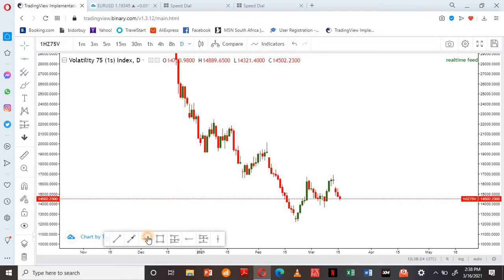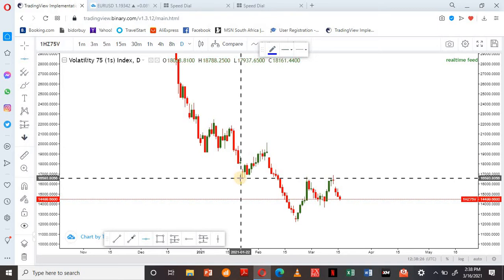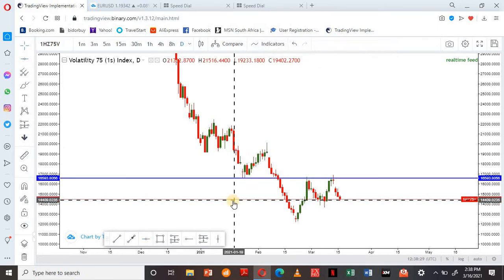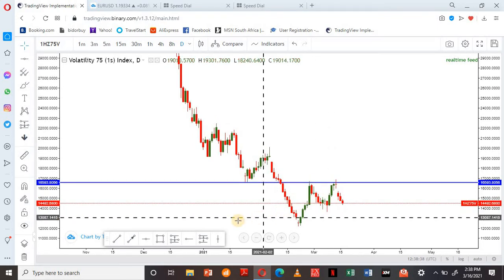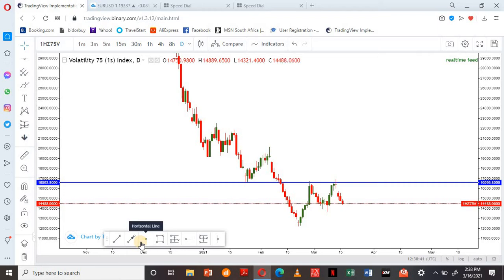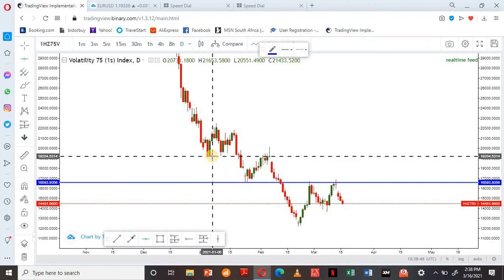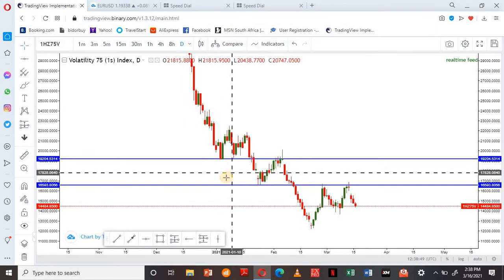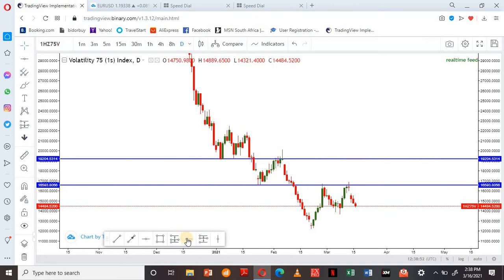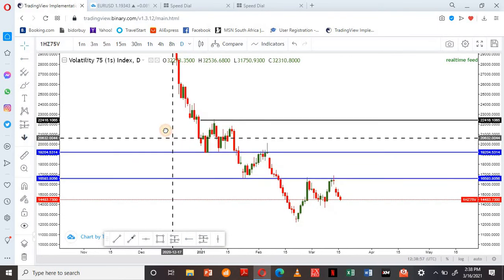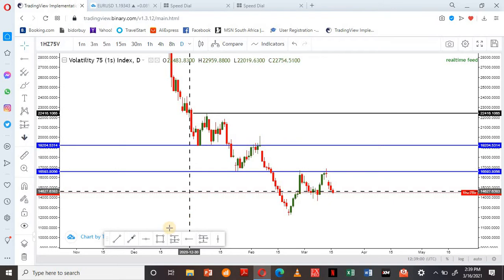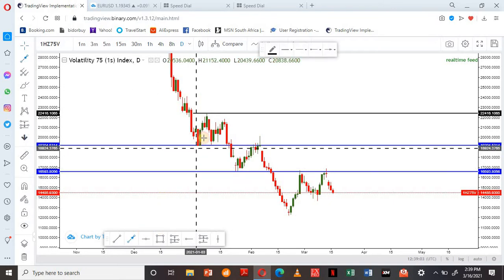Let's make sure we click the right things. We have our level there, which happened to be support here, then turned into resistance here twice. Which is something you should have learned when you were doing research with your basics. So here we have another one. Now you can notice something. Usually there's something you can spot from identifying your levels. You can spot that most of the time it's